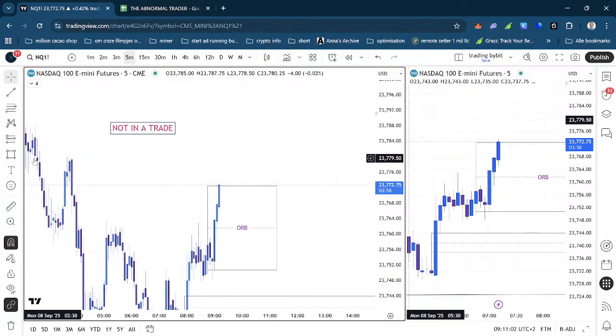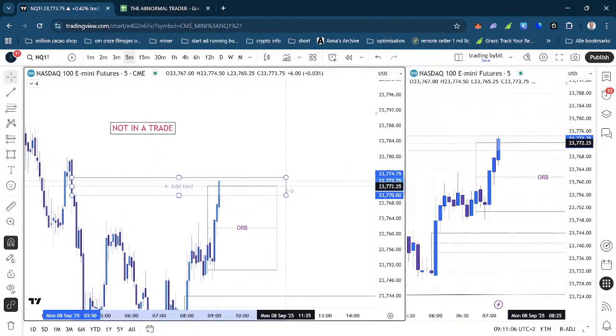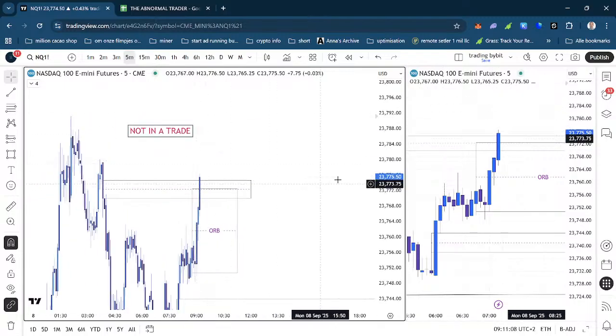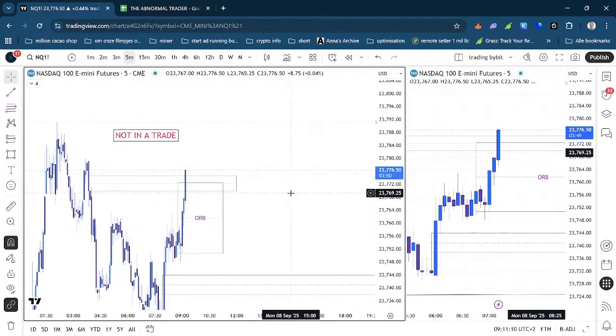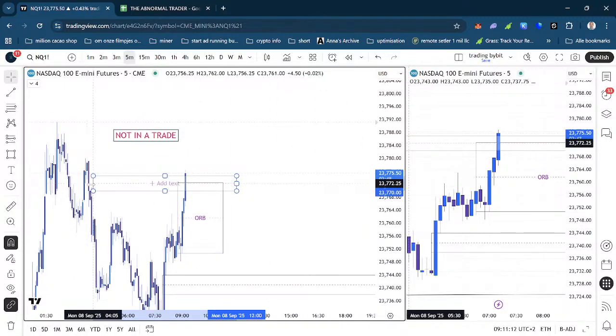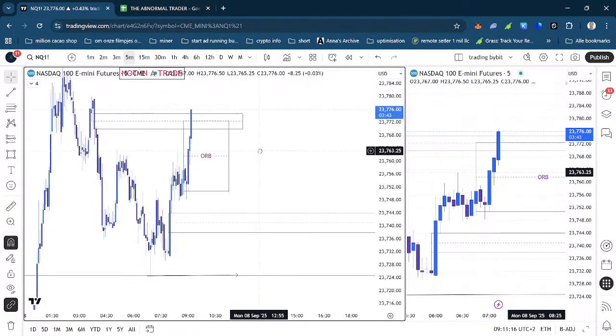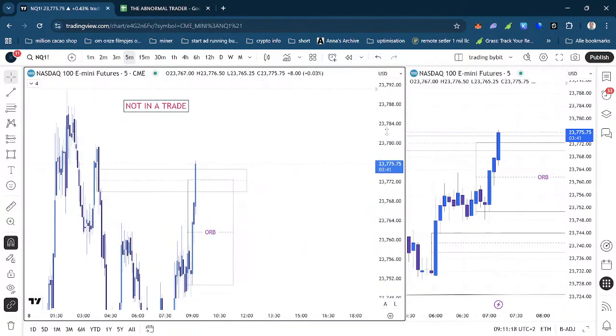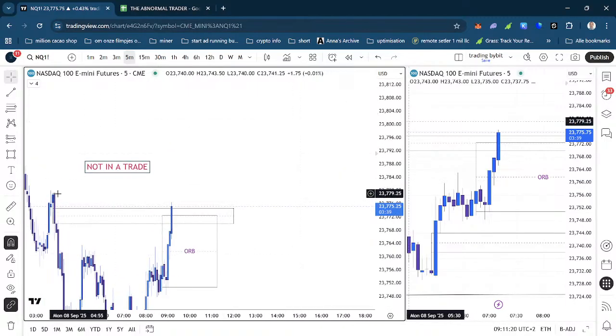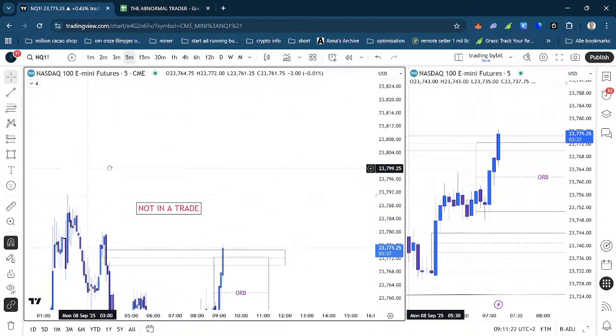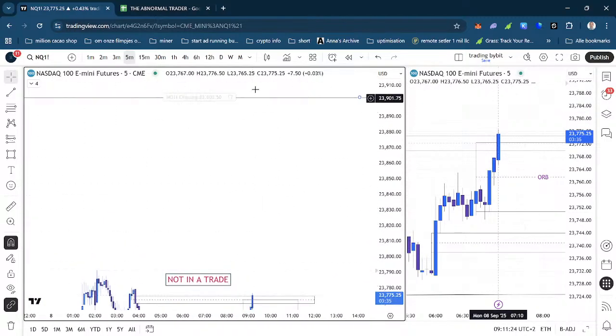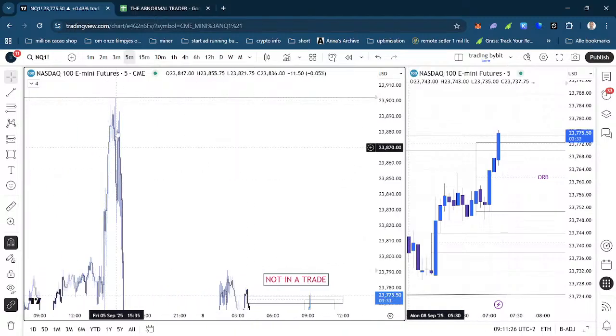So we are now at the value gap that I drew. If the market wants to continue, it should go through this immediately, right here. That will be the last part of the POI, the point of interest, that the market can go further down. If we breach this high, we will take out Asia high, and there is a possibility that we go all the way up to here.